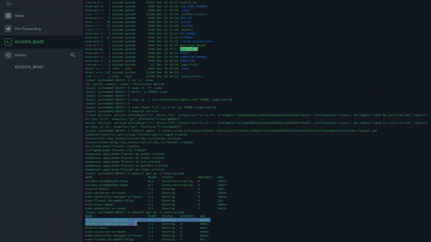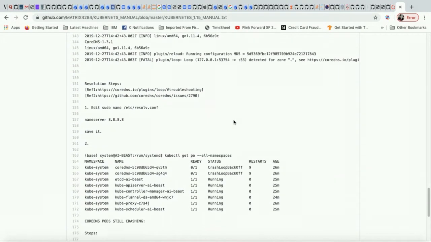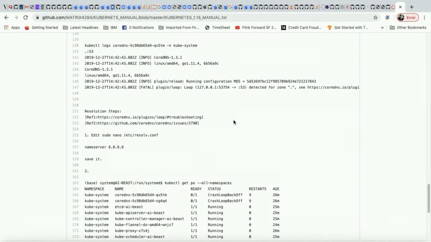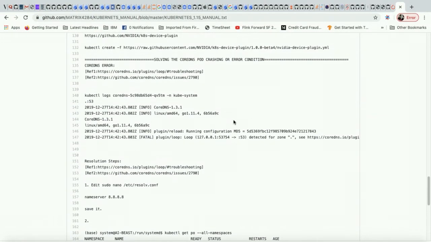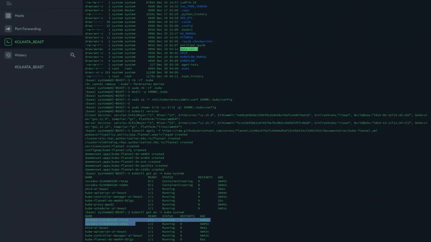And the error is basically what happens, that error usually shows up. I have also mentioned it in my GitHub link, so you can find this error there. You tend to find this CoreDNS error. What happens is that these two CoreDNS pods land on a crash loop back error or a normal error, and it is due to this. And this error is mainly due to, if you go to